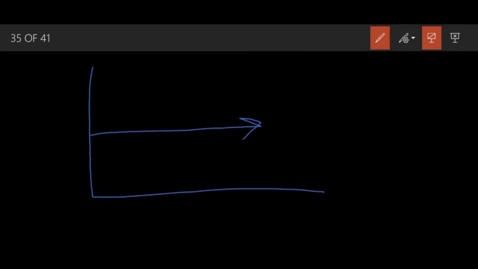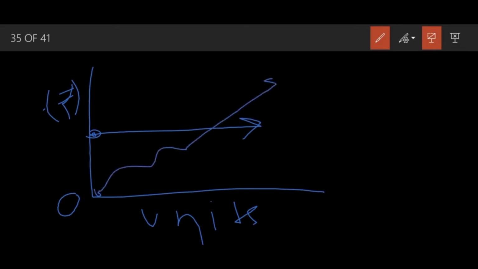The graph of fixed cost, as you have learned in economics, is like this. It is fixed till a certain level of production, but after a certain level of production, it will certainly rise. I agree with you. But it has certain features: if the production is zero, let's say units are zero, then also the fixed cost will be something. It does not start from zero, because fixed costs are constant up to a certain level of output in the short run. But when we talk about variable cost, it starts from zero and it goes like this.